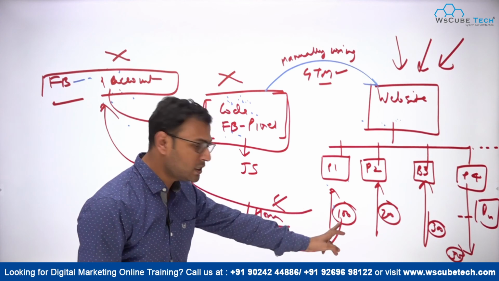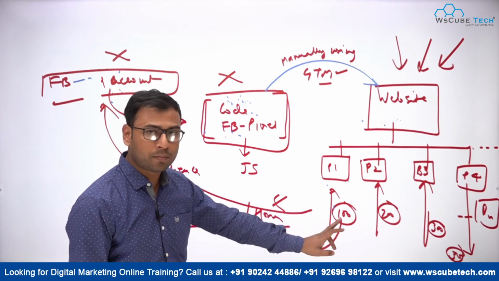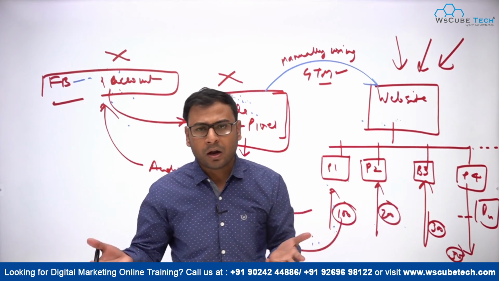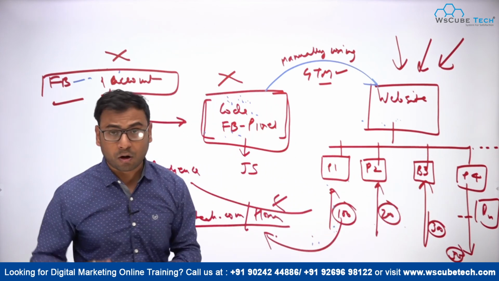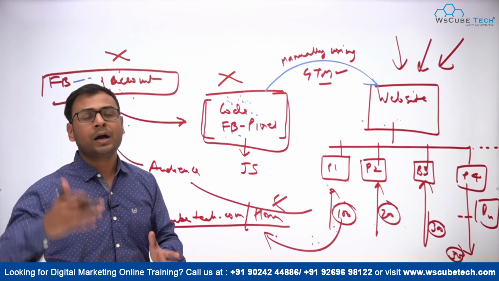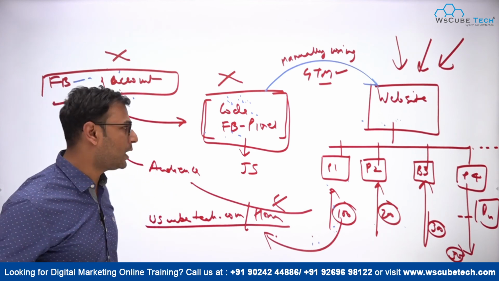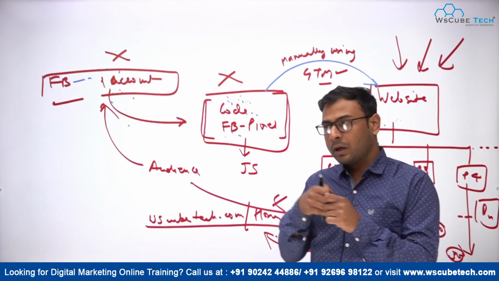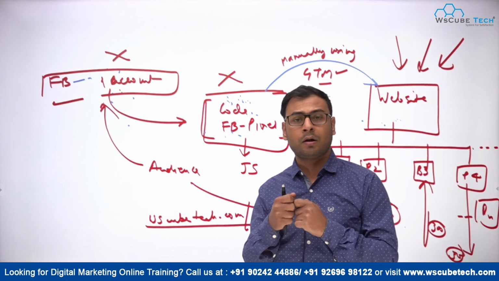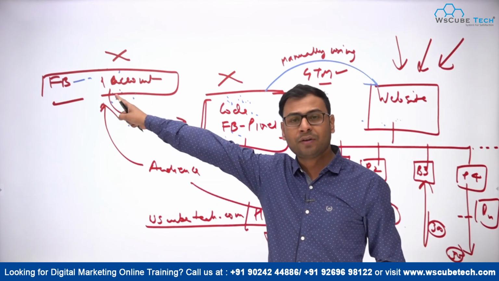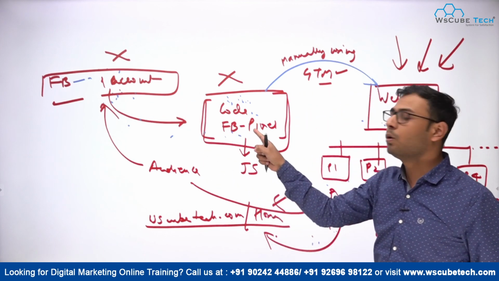If I want to target people who have already visited page number 1, or page number 2, 3 or 4 of our website, or who have interacted in any way on our website, we can target them. And this is basically the concept of remarketing. So the first thing that we require to run remarketing campaigns on Facebook is basically the Facebook Pixel code.